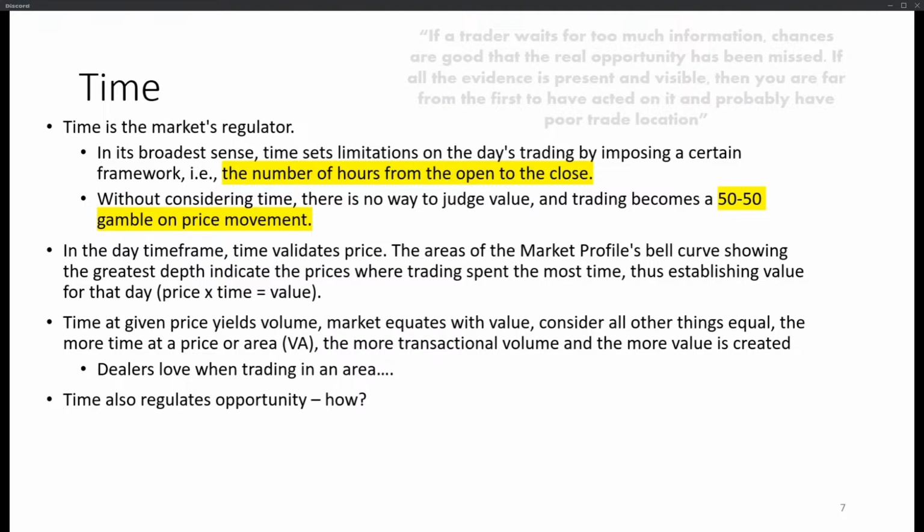That's where you start looking into the change of character, right? Where, hey, has it made a higher high? Has it swept the liquidity from the left? Like, what are they really trying to do? That's where the time and the price become really, really important when creating value. And hopefully it makes sense, but it's super important that you guys understand the three components: the time, price,